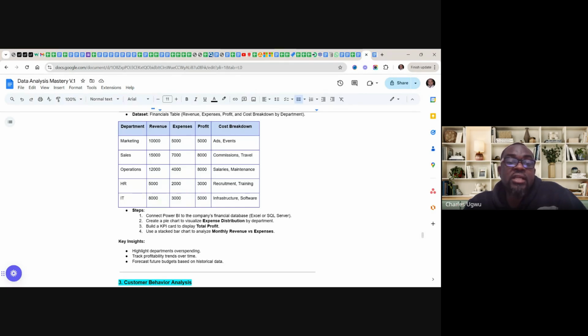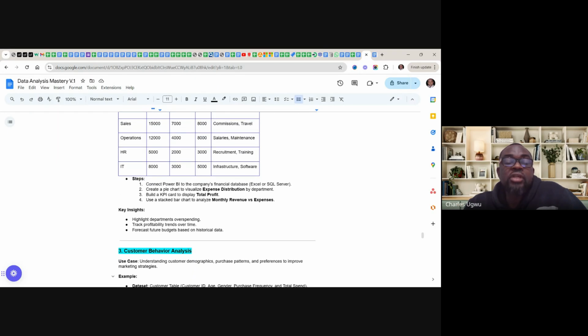The insight here is to highlight department overspending, track profitability trends over time, and forecast future budget based on historical data. That is how we can leverage Power BI to consume our financial data.